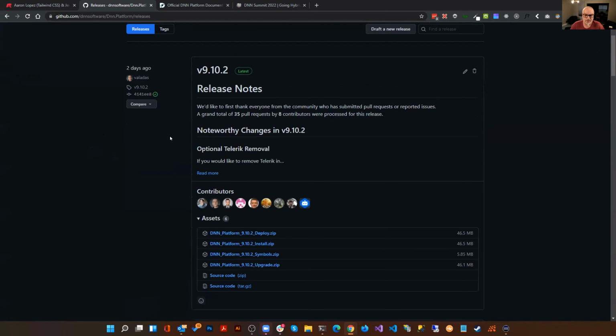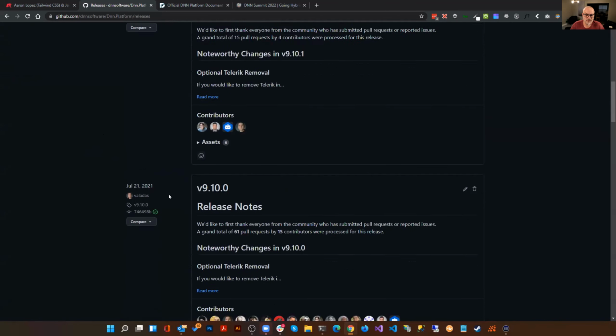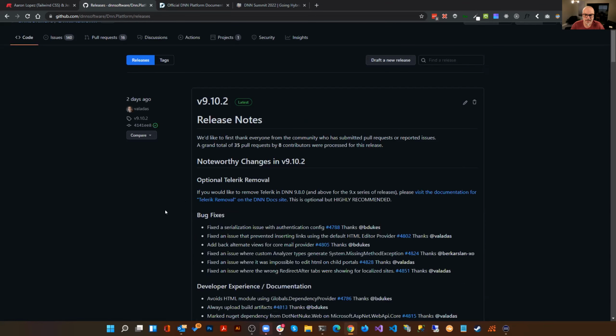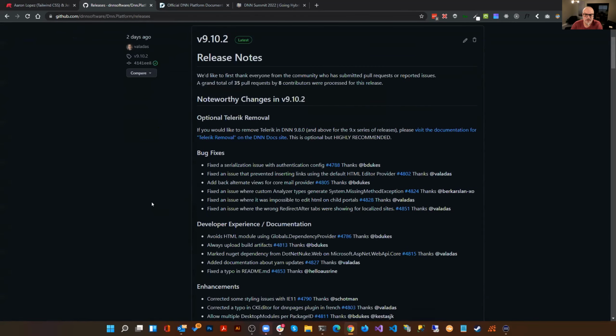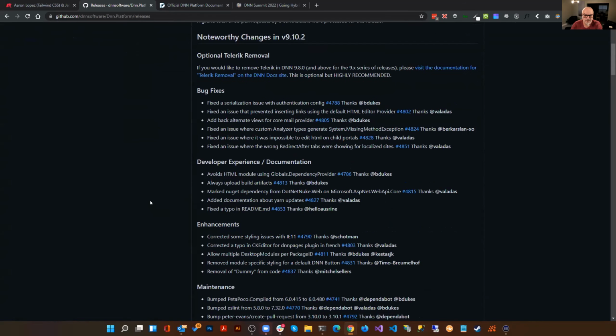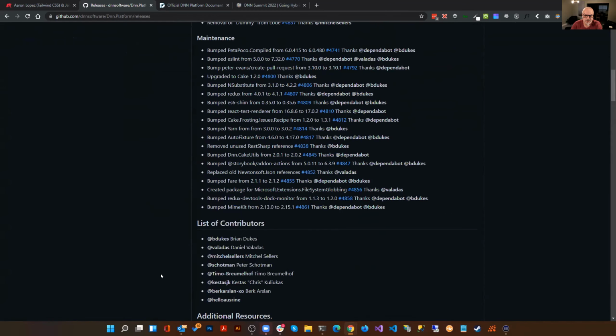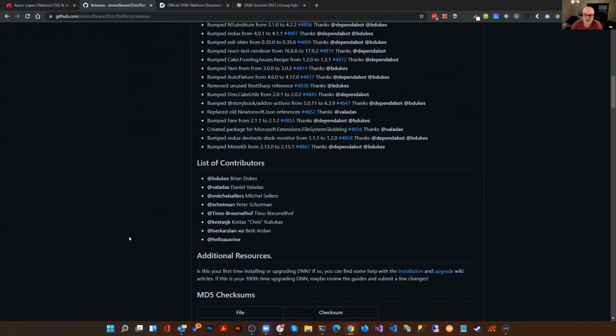GitHub just changed up a few things recently, and you have a collapsed view here to start out, as well as some nice avatars to show quickly at a glance what contributors were involved. It makes it a little more streamlined to quickly get to the various releases in the past. So that's a nice new feature. If you want to read more about the details of the release, you can expand this out and see the various bug fixes, documentation updates, developer experience stuff, enhancements, maintenance tasks that were done, and of course, the list of contributors. Thanks to everybody that contributed to this.